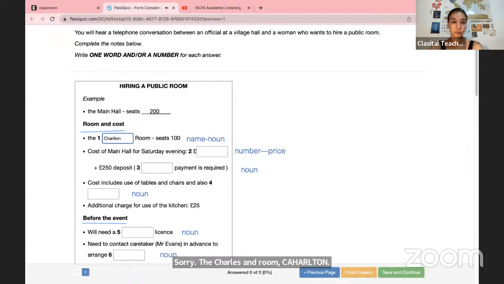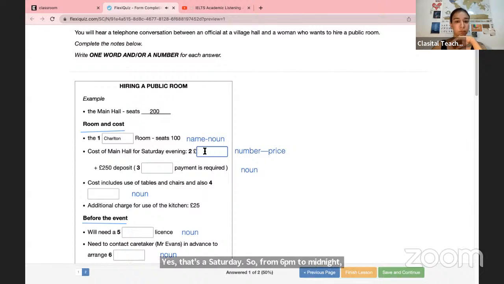Well, we're organising a dinner to raise money for a charity, and we're hoping for at least 150 people. So, I think we'll go for the main hall. How much would that cost? Let's see. You wanted it for the evening of September the 1st? Yes, that's a Saturday. So from 6 p.m. to midnight, that'd be